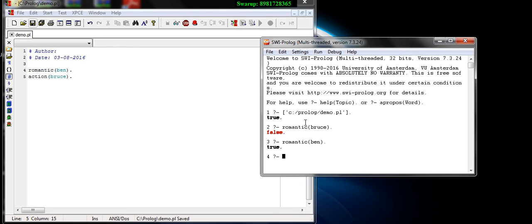So this is a very simple program through which you got the idea of what things you need to execute a Prolog program. You also saw how to compile the program, and you saw a very basic feature that is called a fact and a query. In my next video I will talk about rules. That is another important feature of Prolog.